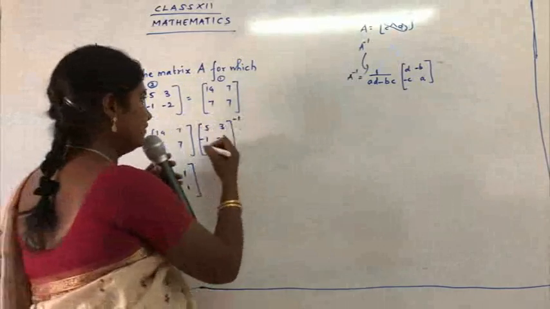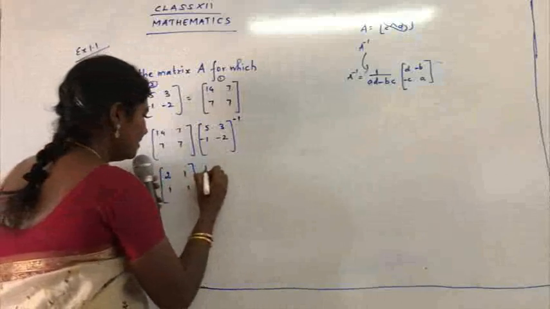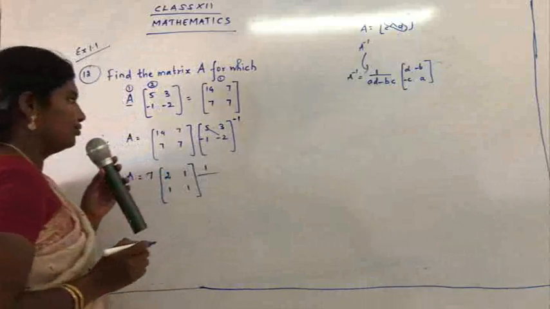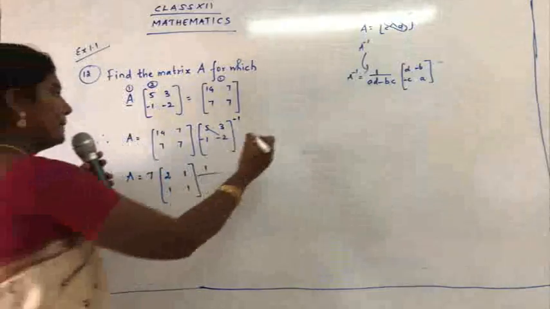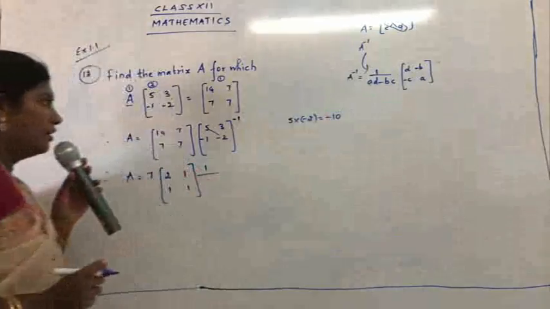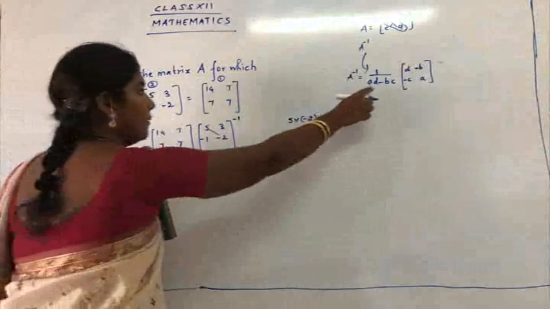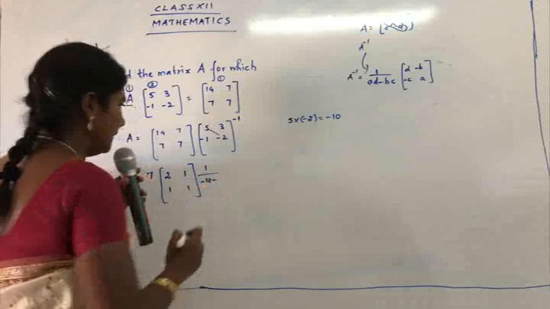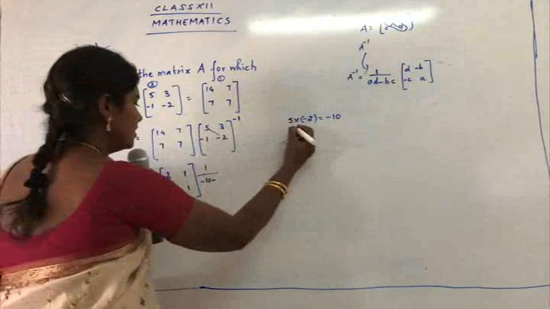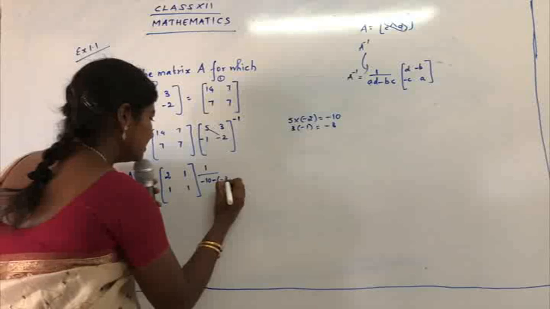It becomes easy, you know. So now let's go for the inverse part. It's 1 upon AD minus BC. So 1 upon AD. What is AD? 5 into minus 2. What is 5 into minus 2? Minus 10. Be careful with the sign, children. That's very, very important. 5 into minus 2 is equal to minus 10. Okay. Minus. The main sign is minus. B into C, 3 into minus 1. What is 3 into minus 1? Minus 3.